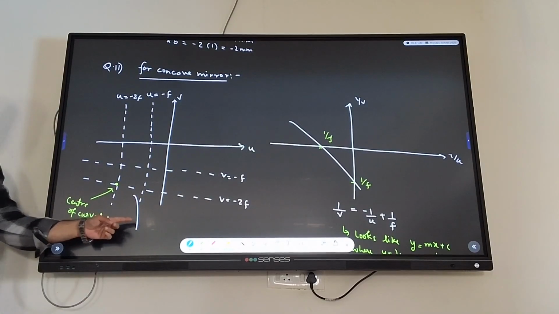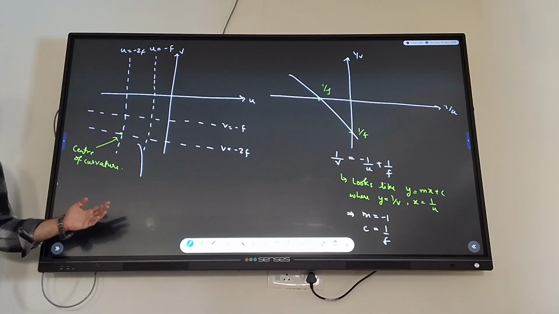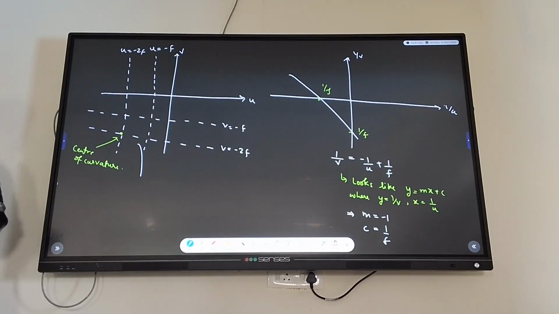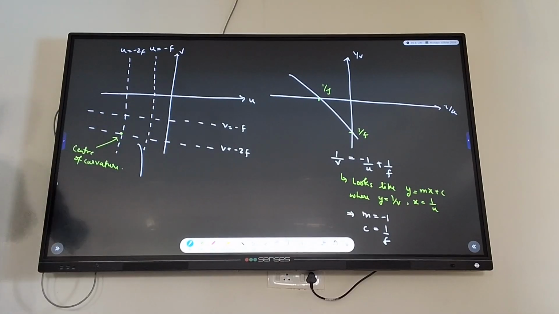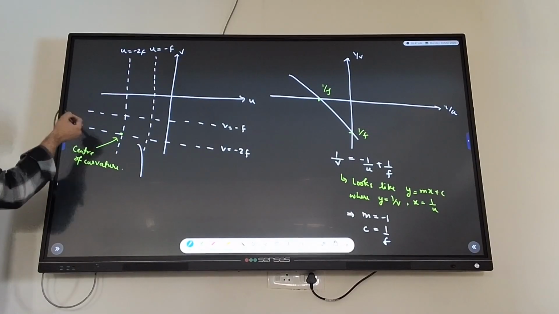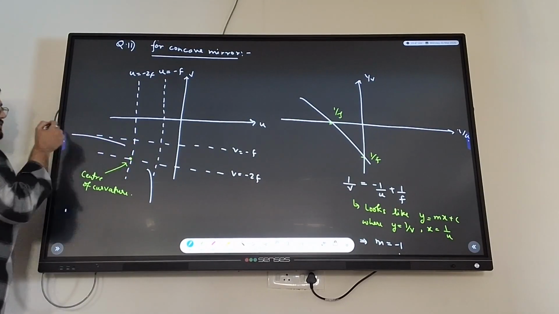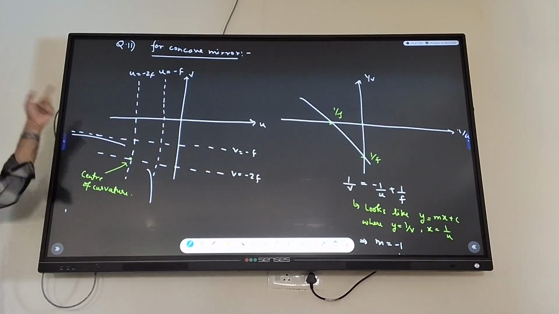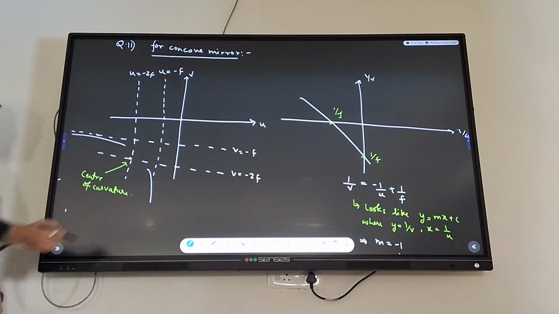Did you understand this? Pawan, are you listening? If you are not understanding, then please ask. These two lines, this line at this point, are you understanding this, everyone? If your object is placed towards infinity, then where is your image formed? Towards the focus. So as the object goes towards infinity, the image is formed at the focus. Your object distance is going towards infinity, then where is your image distance going towards? The focus. Can I connect all of this?